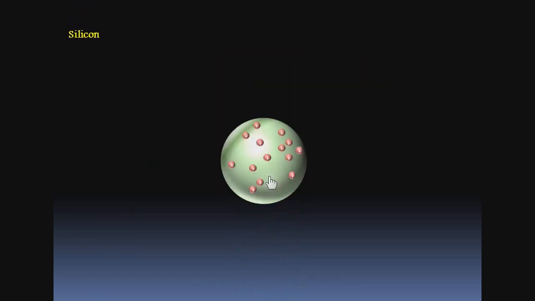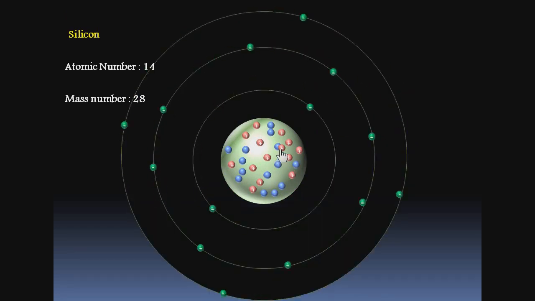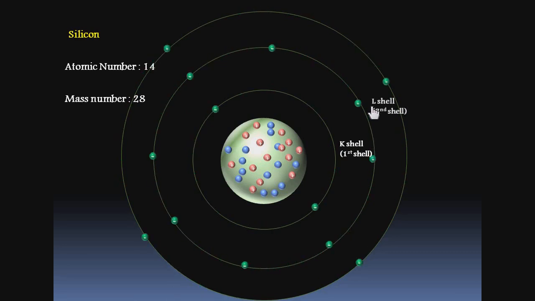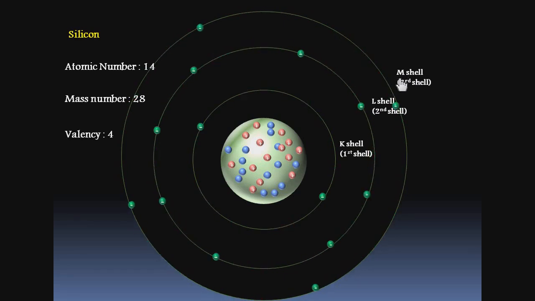The next element is silicon. It has 14 protons, so atomic number is 14. It has 14 neutrons, so mass number is 14 plus 14, 28. And it has 14 electrons, 2 electrons in the K shell, 8 electrons in the L shell, and 4 electrons in the M shell. The valence shell is M shell because that is the outermost shell, so the number of valence electrons is 4. So the formula is valency is equal to 8 minus the number of valence electrons,